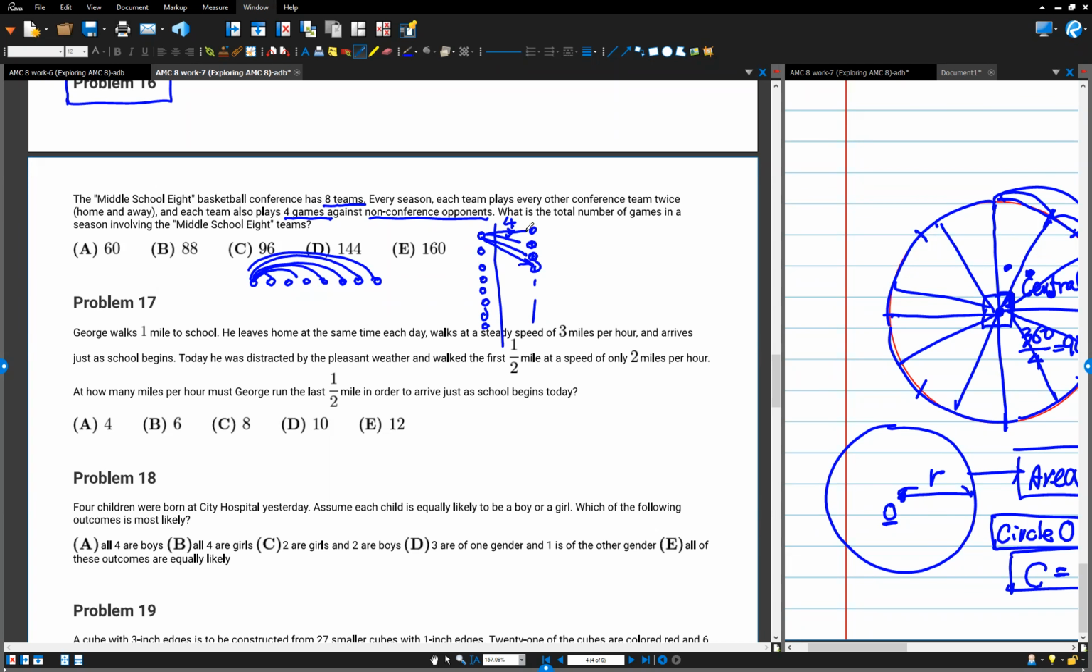This is already known, right? Non-conference team: each game is 4. 1, 2, 3, 4, 5, 6, 7, 8 teams. Each game is 4, so 8 times 4. There will be 32 games. These 32 games are what? They are against non-conference opponents. But how many games are there